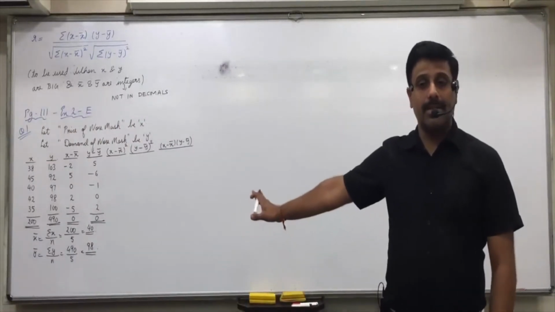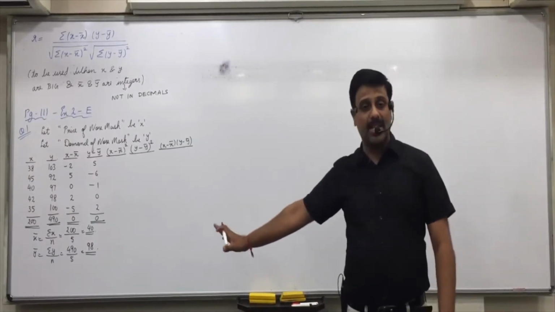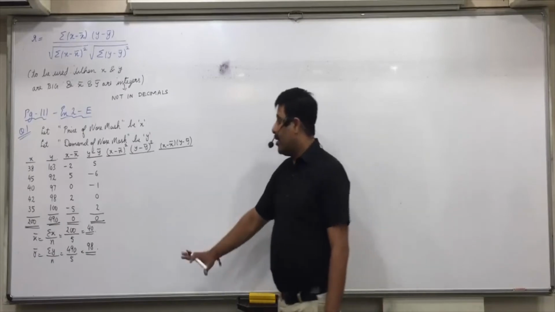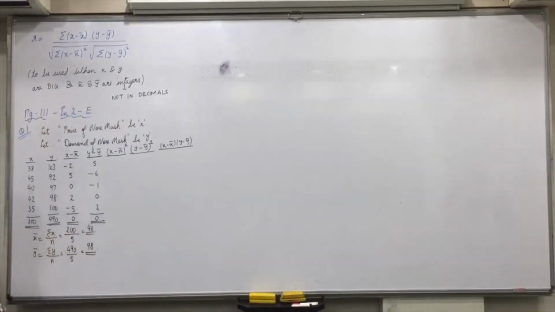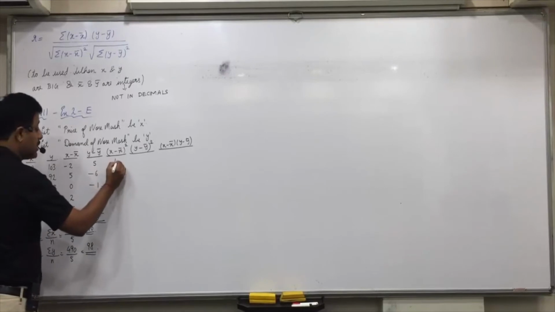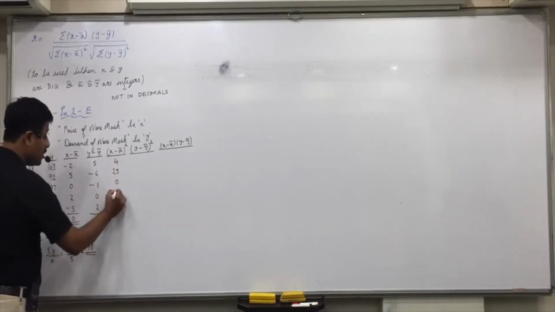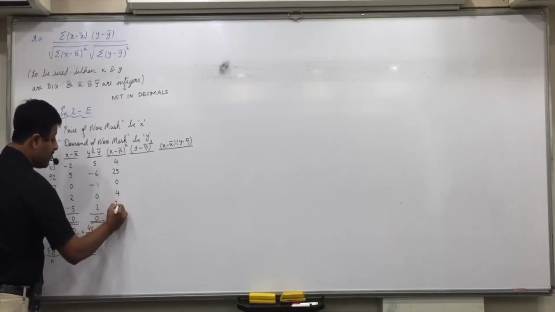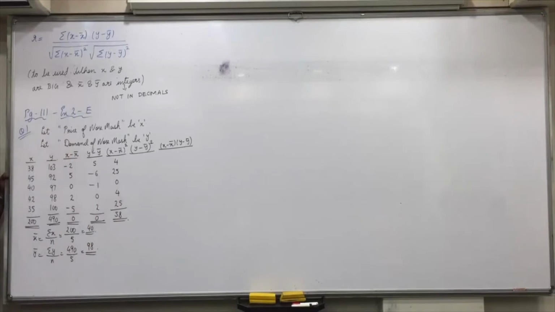Any confusions with this? All are clear with how to obtain x minus x bar and y minus y bar? I'll be asking you in the next question. Now squares and product. Squares are always positive, so ignore the negative sign, directly put it in m plus as we did yesterday. Do it 2 into m plus, 5 into m plus, 0 into m plus, 2 into m plus, 5 into m plus. Is it 58? Yes. Press MRC, you get 58. And press MC again and cancel the memory.